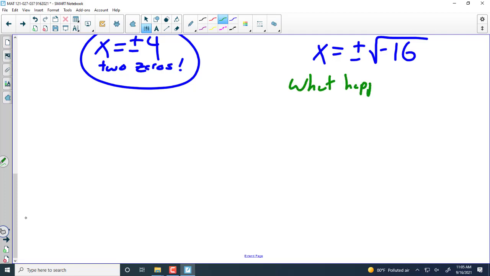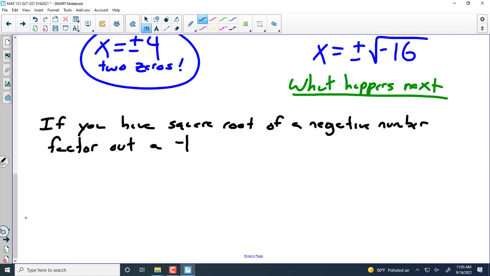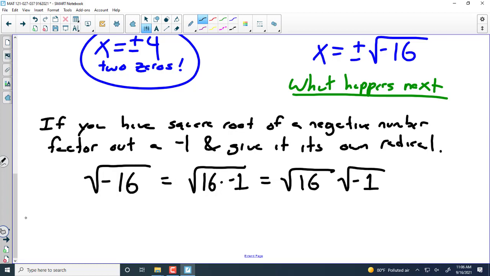Now, what happens next? If you have a square root of a negative number, factor out a negative 1 and give it its own radical. Just like that. Square root of negative 16 becomes the square root of 16 times negative 1,